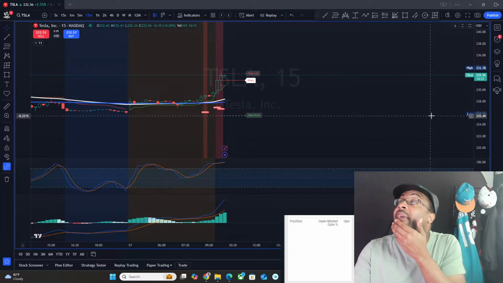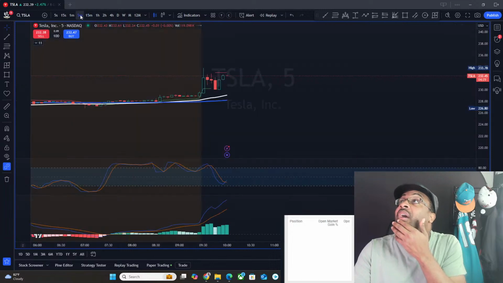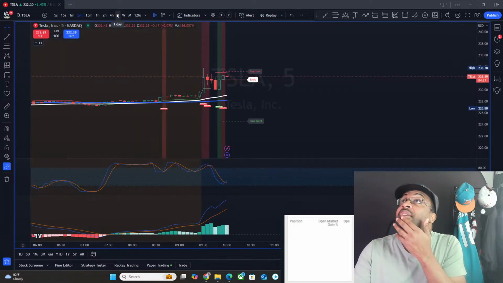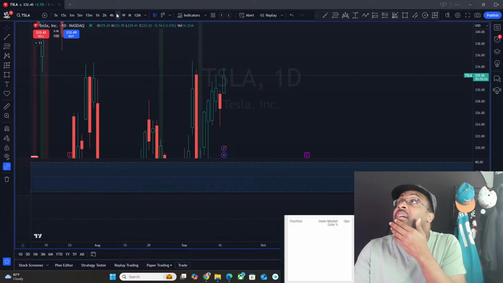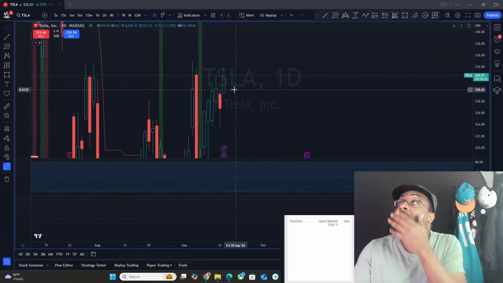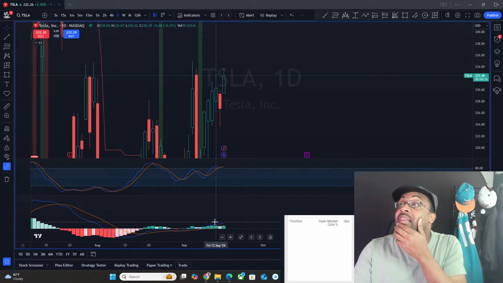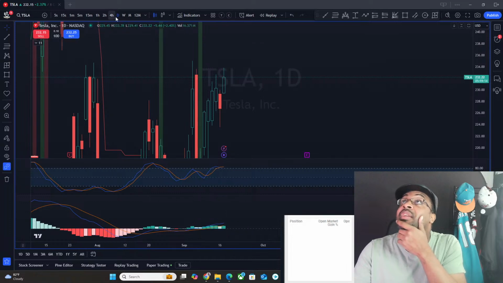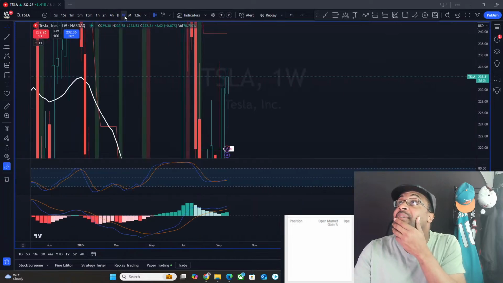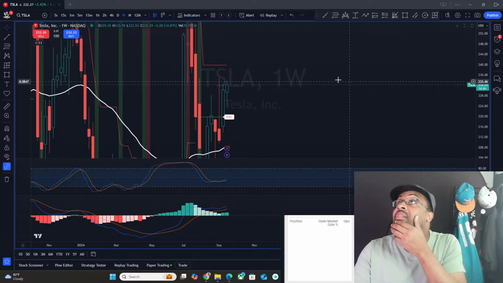Tesla looks like it's starting to drain itself a little bit. I think they probably ran too much. Let's see. Daily. We got a nice little gap here. That was a good gap. I think the gap is the catalyst to get us above this MACD and really hold. Let's see if that really does that job. Let's see what the weekly has. Kind of weak sauce. Let's see if we can get into this fair value gap up to 236.